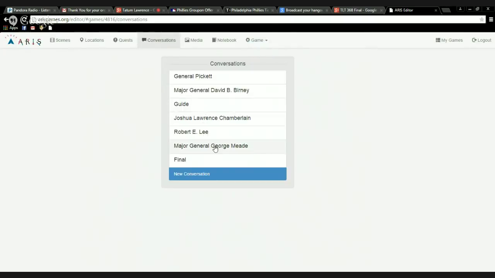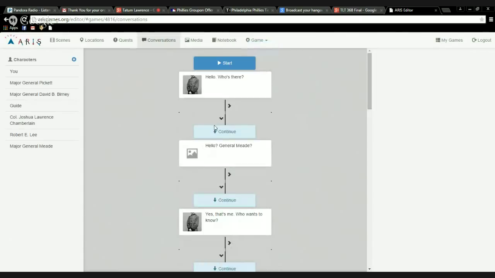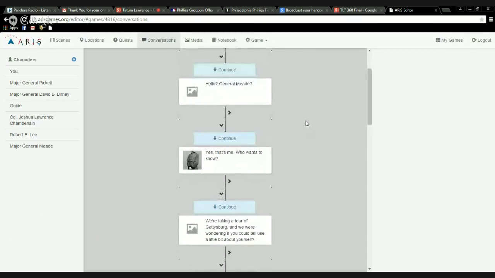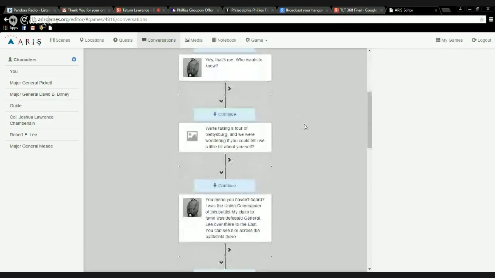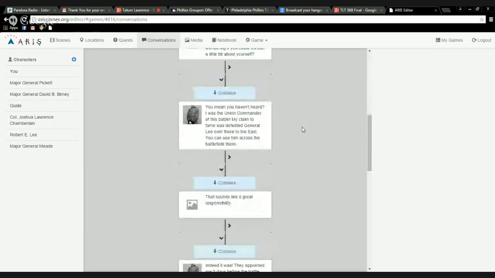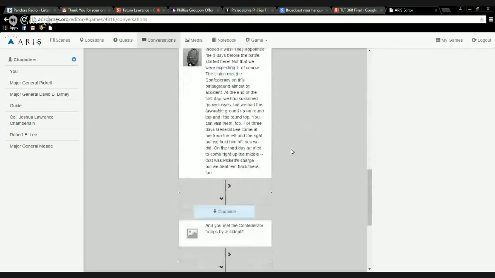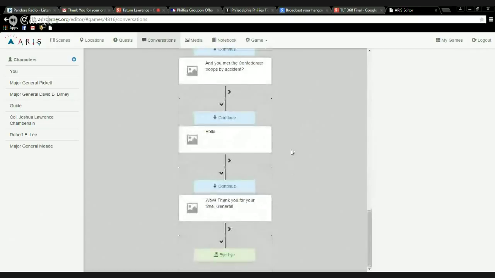These are some of the conversations, so I'll give you a sample one. We'll go into Major General Meade. I think I did this one today. They all have a thumbnail that is old pictures of them. And then it goes through. When you approach him, at his GPS coordinates, he will start the conversation with hello, who's there, as if you intruded on his territory. And then you, as the tourist, will ask him to tell a little bit about himself. And then he will go through these little paragraphs of information. Three days before the battle, he was appointed, et cetera, et cetera. And then when you're done talking to him,